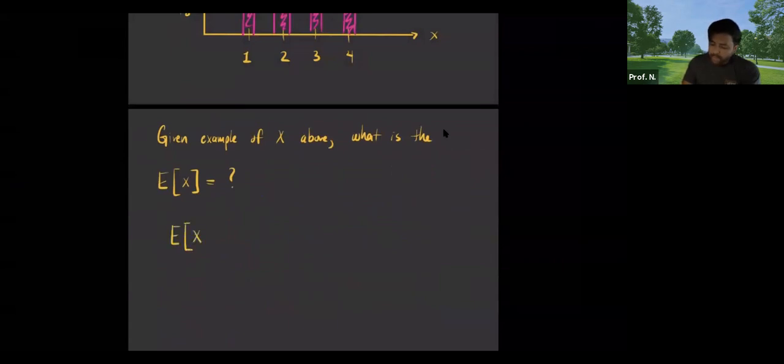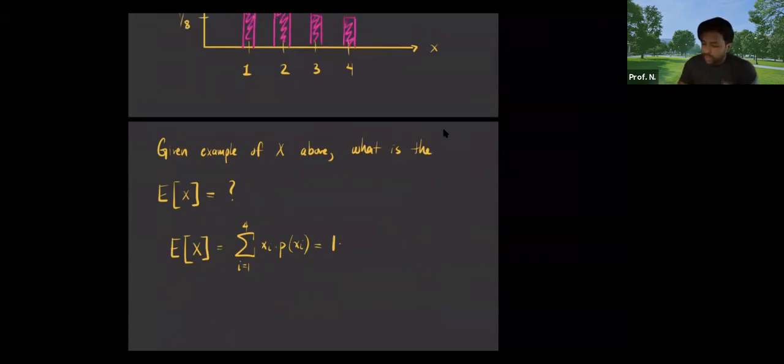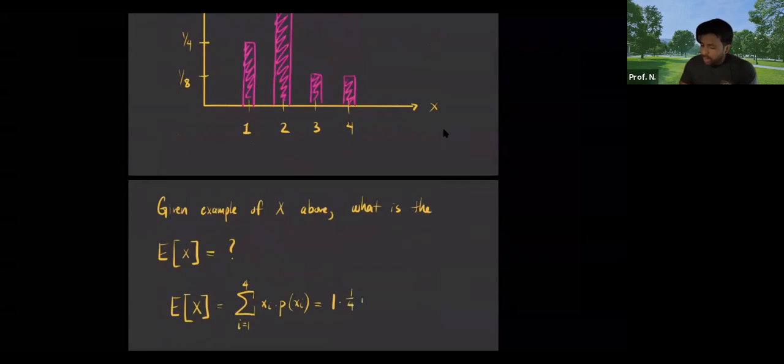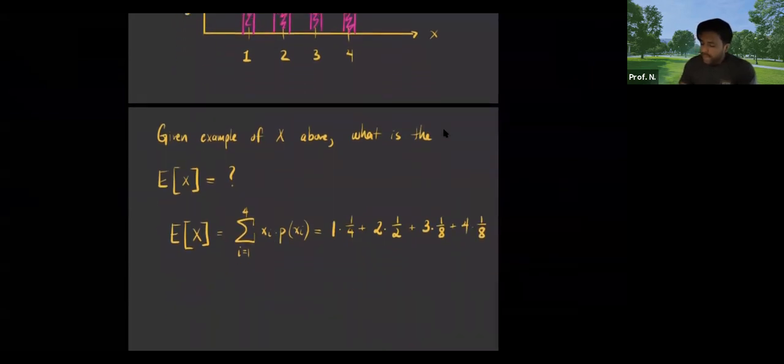Does everyone follow me? I have only 4 values of X. What are they? Well, I can have a 1, so I'm multiplying by the probability of getting a 1, which was a fourth. I can have a 2, and the probability of me getting a 2 is a half. I can get a 3, and the probability of me getting a 3 is an eighth. And a 4, and the probability of me getting a 4 is also an eighth. So when I add these up together,